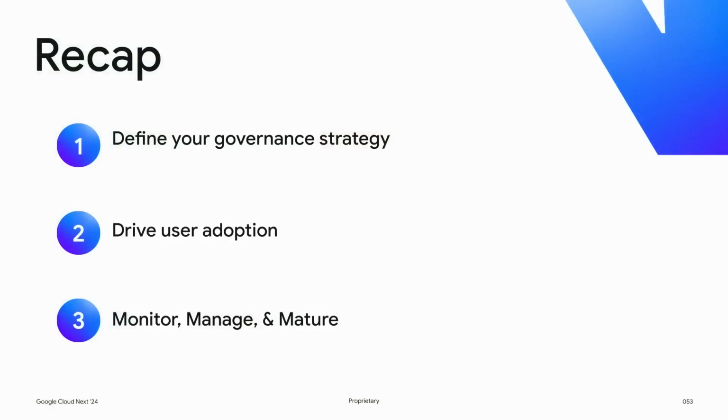So citizen development and AppSheet are how you can empower your organization to solve their own challenges and digitize your workforce. But there are some reasonable concerns with democratizing development. And there are ways that you can do this without things turning into the wild, wild west. You need to think about your governance strategy, figure out how you want your program to work, and then use AppSheet to put those policies into practice. You also want to drive your user adoption by giving them tools like AppSheet and showing them how to use them. And then you want to keep your program running by monitoring usage so you can grow your program responsibly.